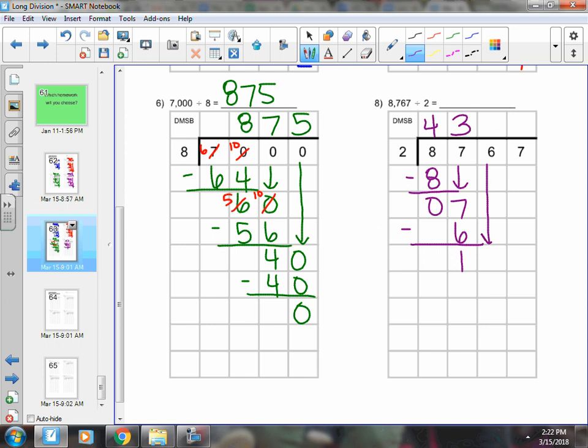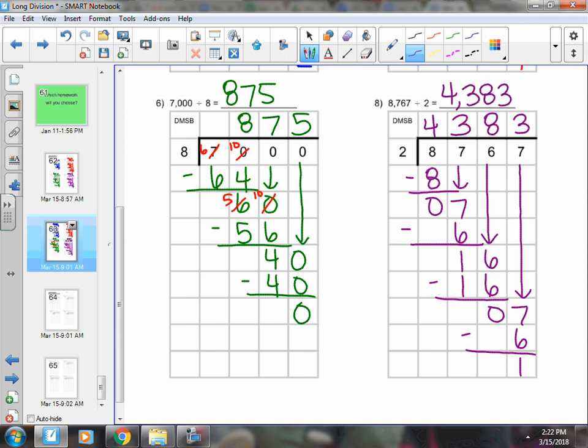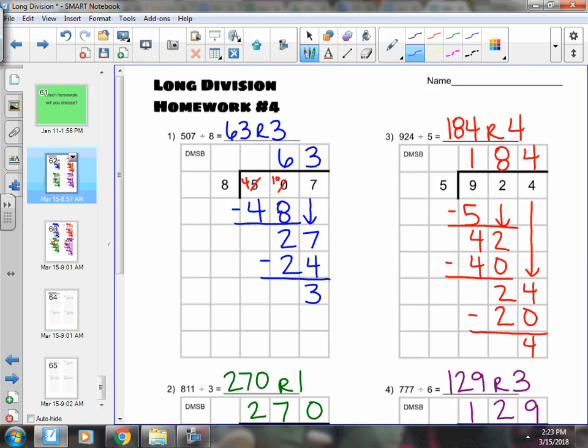Subtract. Down. How many groups of 2 can you make from 16? 8 groups of 2. 8 times 2 is 16. Subtract. Down. And how many groups of 2 can you make from 7? 3 groups. 3 times 2 is 6. Subtract. There's nothing to bring down. 4,383. Remainder 1. Here are the answers to the first side